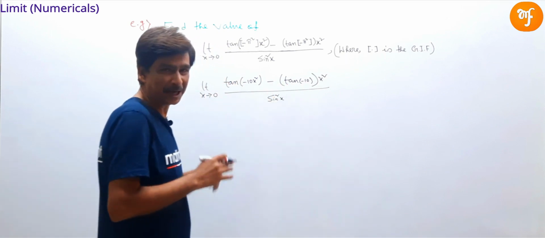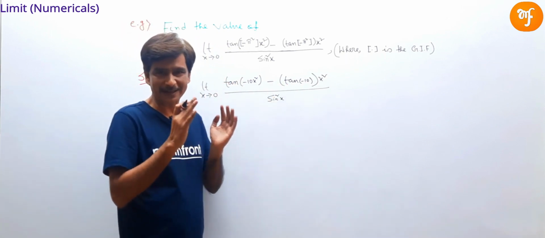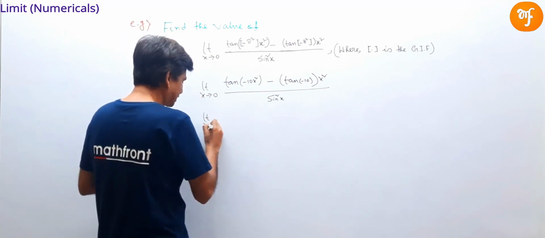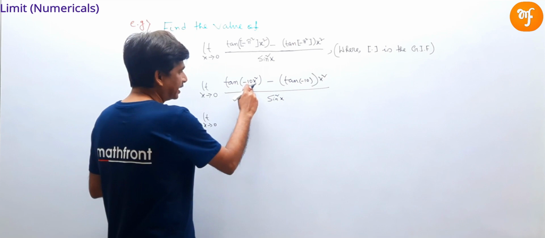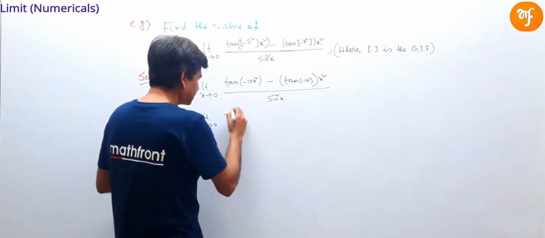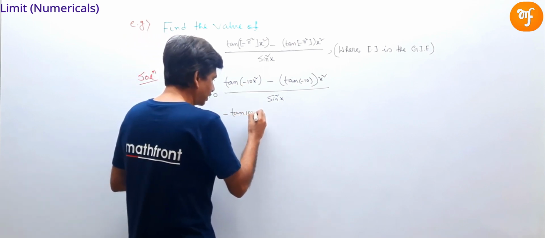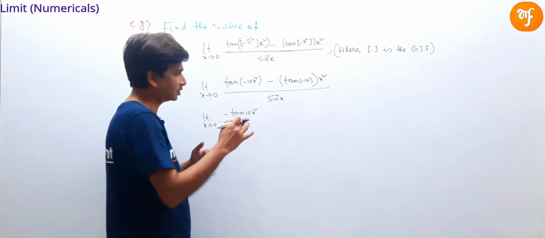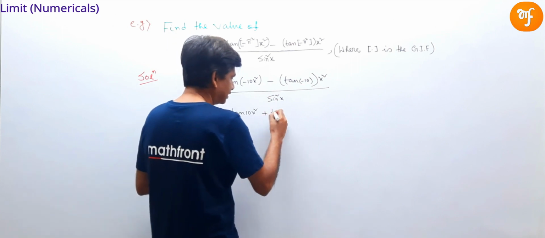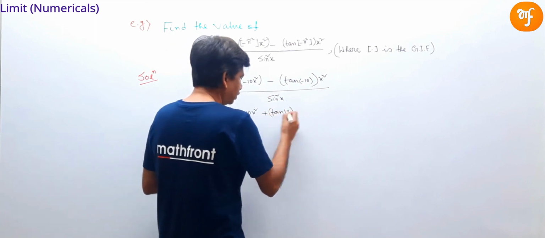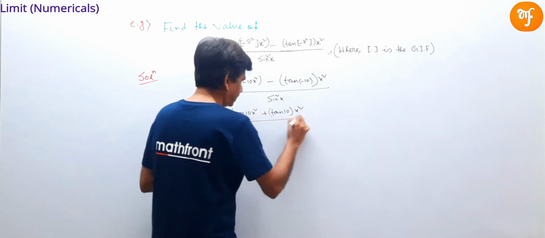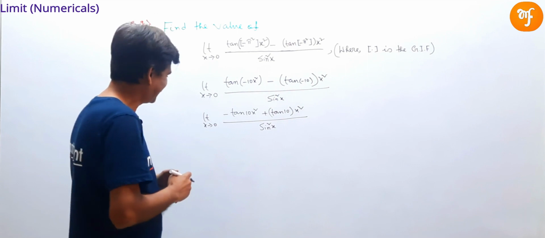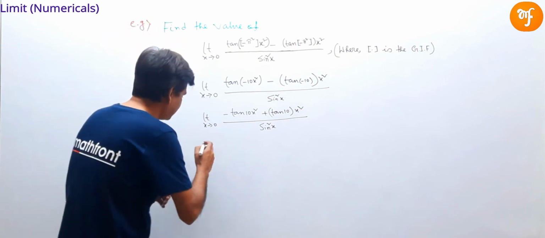Okay. Now we know tan of minus theta is minus tan theta. Applying this, the limit can be written as limit x tends to 0 of tan of minus 10x square is minus tan 10x square. Similarly, tan of minus 10 is minus tan 10. So this minus minus plus tan of 10, whole into x square divided by sine square x. Okay. Now in the next step we can write